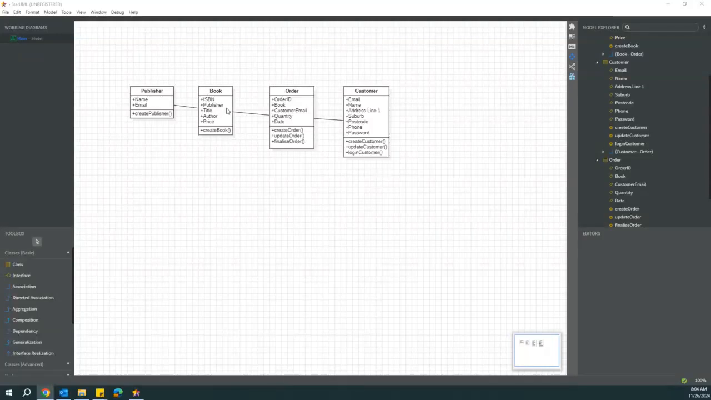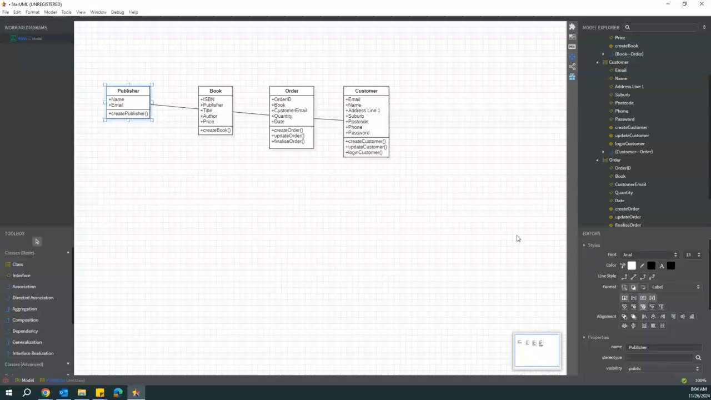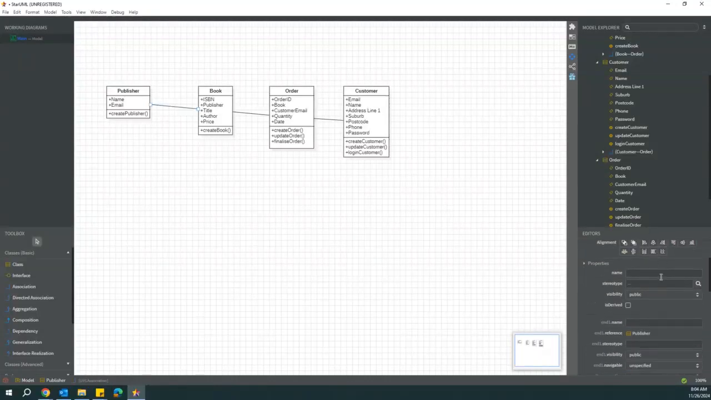But starting with the publisher and the book. So with the book and the publisher relationship, if we think about it, each book only has one publisher, but each publisher can publish many books. If they're only publishing one book, they're probably not doing that well. So to signify that relationship, I'll just stretch it out, give it a little bit more room so it's a bit easier to read. So if we actually click on the relationship between publisher and book, you'll see in the